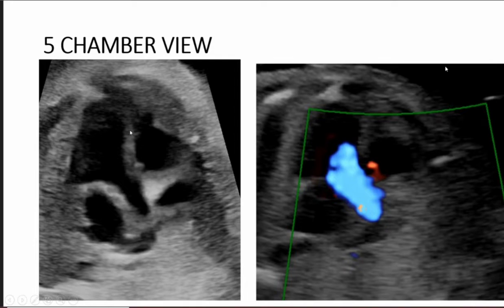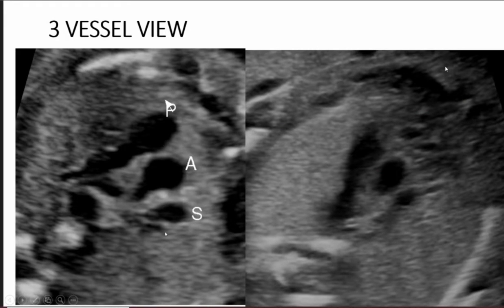From the 4-chamber view, just move the transducer cranially above without rotation, and you will get the 5th chamber emerging out of the left ventricle. Apply color Doppler, and you can show that the color is entirely from the left ventricle into the 5th chamber, which is the ascending aorta, and you should not have any color coming from right ventricle into the ascending aorta. So you have 1, 2, 3, 4, and 5. This is the 5-chamber view, which shows the ascending aorta coming out completely from left ventricle with no contribution from the right ventricle. A little above, you will get the 3-vessel view.